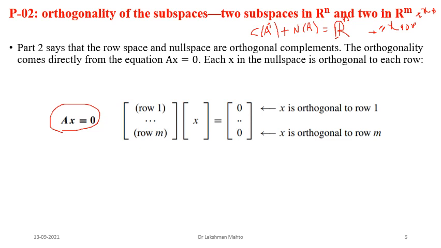So that's why this system you can write it this way. This one is row 1, this is row 2, and likewise the mth row. There are m rows, and here this vector x, the variable vector, equals 0. From here we can see that we are taking the dot product of a row with x. Row is an n-dimensional vector, so we are taking the dot product.